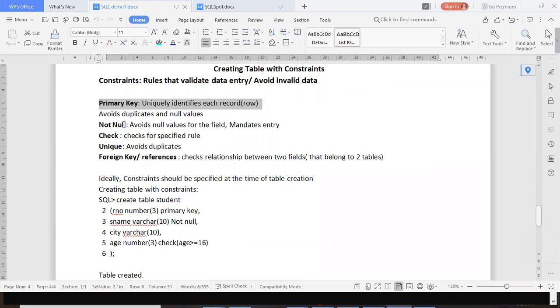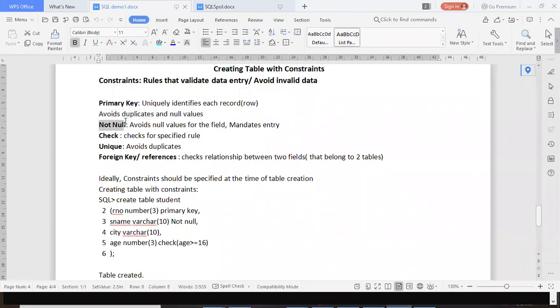So primary key is a constraint applied on one particular field or column, which will make that column value unique for every record. So it avoids duplicates and null values. Remember that. It will not allow the same value for two records, and also it will not allow null value.